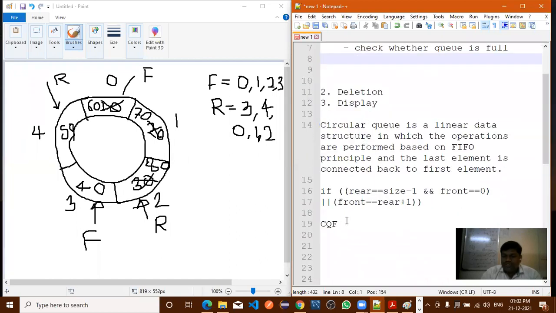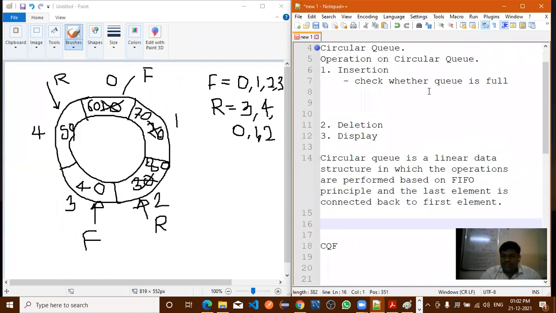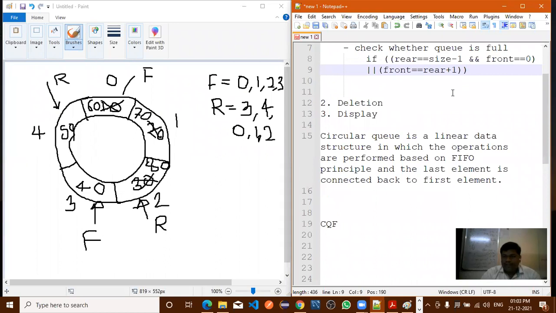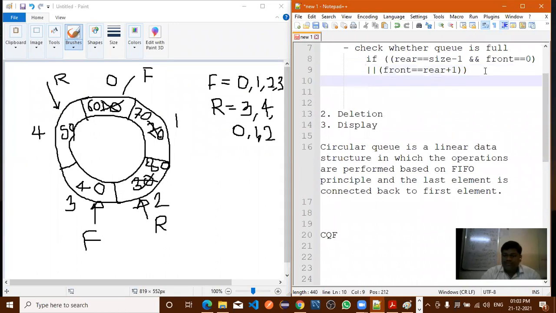How do you check whether the circular queue is full or not? By considering these two conditions, we are checking whether the circular queue is full or not. Right. Now after that, what is the next step?